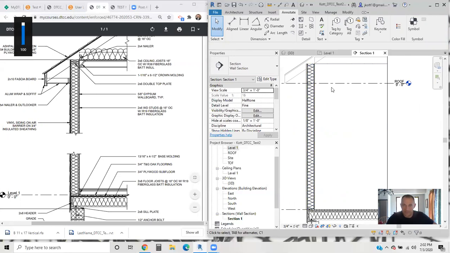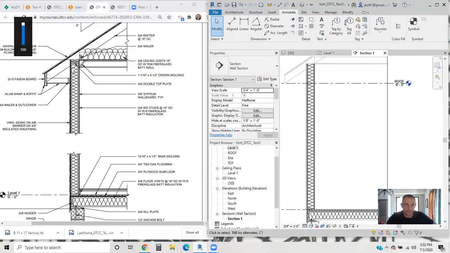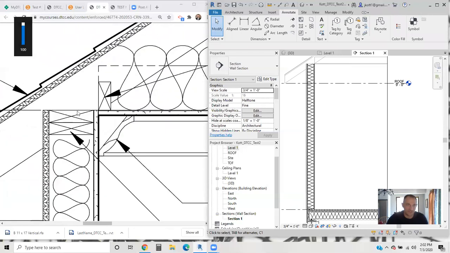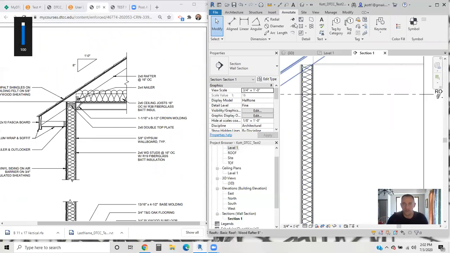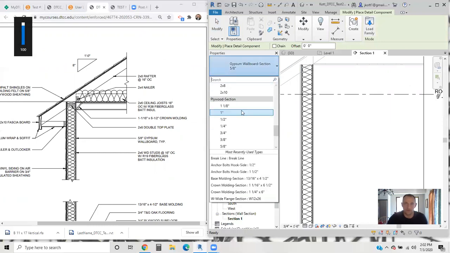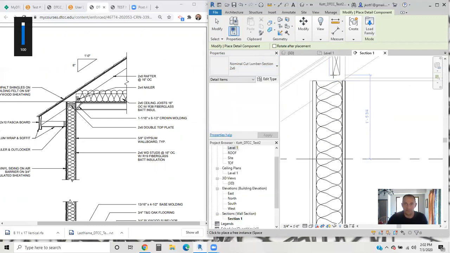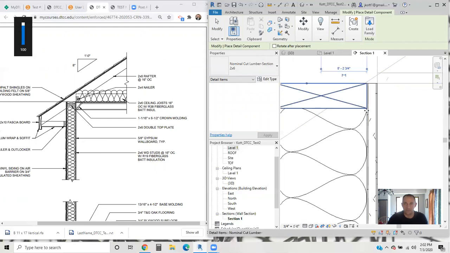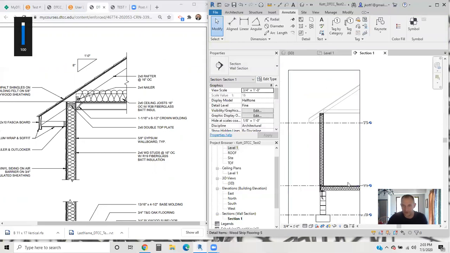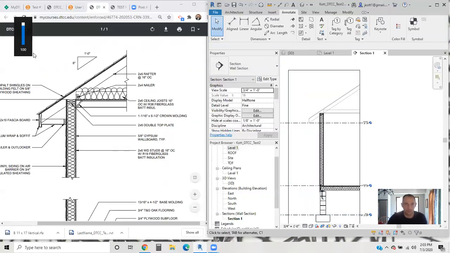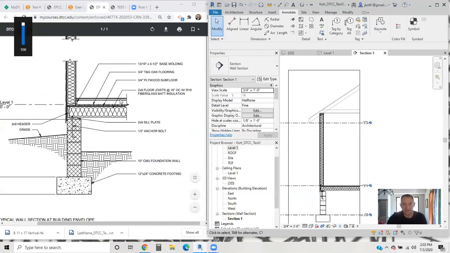So now we've basically got that wall assembly figured out, except for the top. The top of the wall assembly looks like to be 2 double studs or king stud condition, double top plate as it's labeled here. And that's another detail item, just like we did before, where we'll take the nominal cut lumber and a 2x6 size and press spacebar to adjust that to fit inside the wall. Well, we need 2 of them, double top plate. So now we've got our wall assembly, we've got our floor assembly, and we have our foundation wall all in place. So let's go back here to the